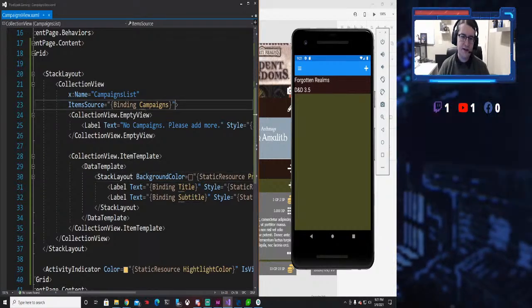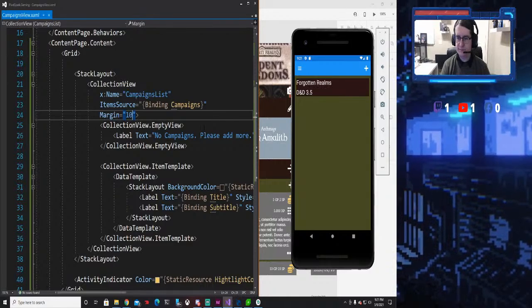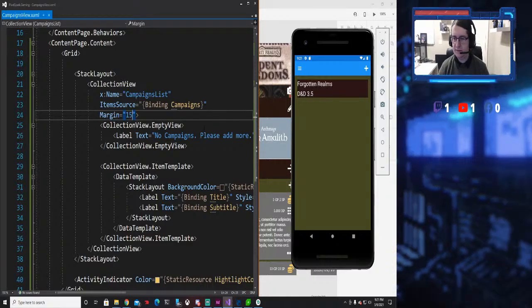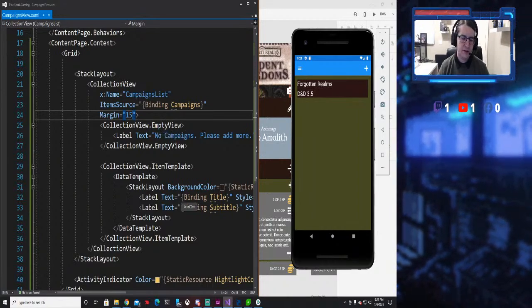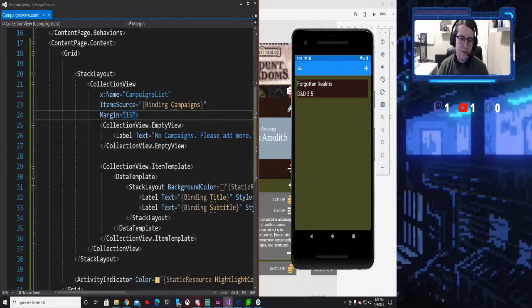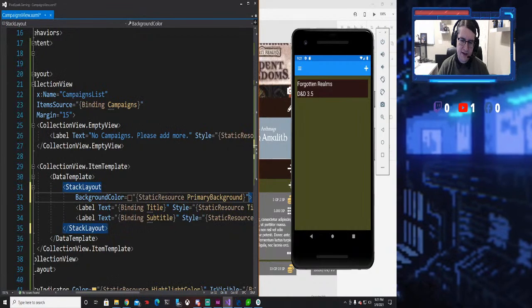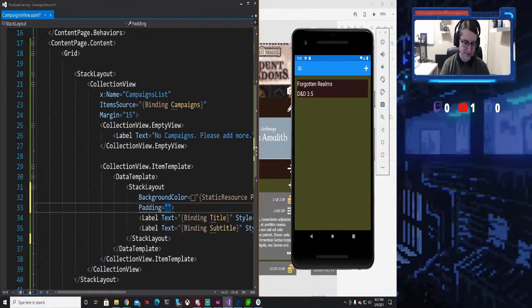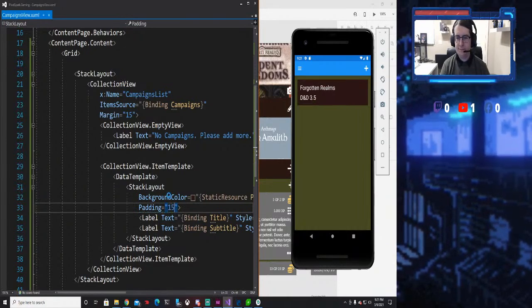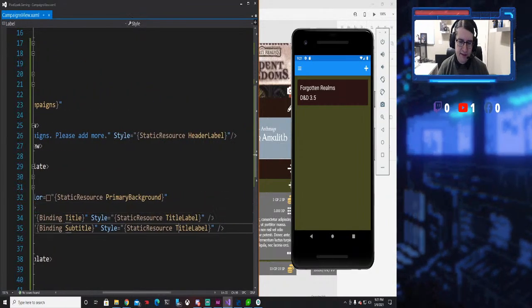So let's start at the collection view. We're going to create a margin. We'll start off with like 10, 15. That looks okay. And then we need a padding. So margin is on the outside of the element, and padding is on the inside. And then let's go ahead and make this a